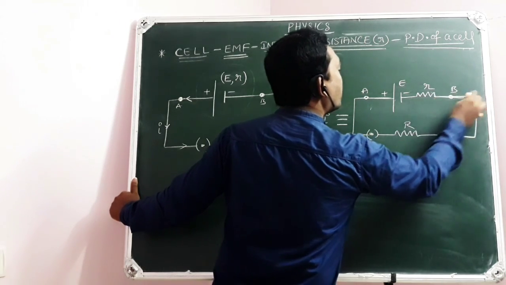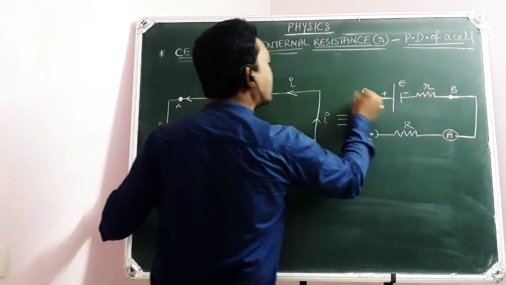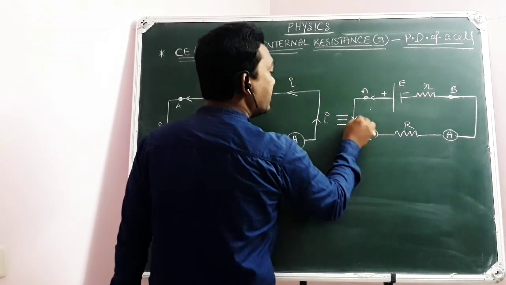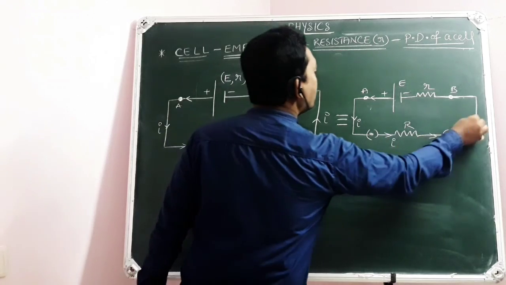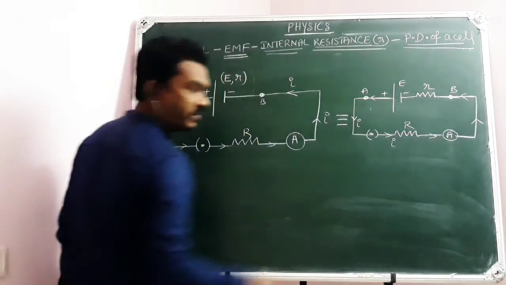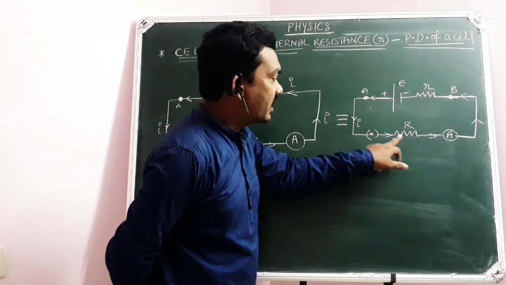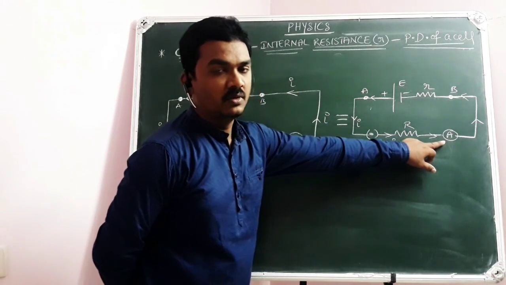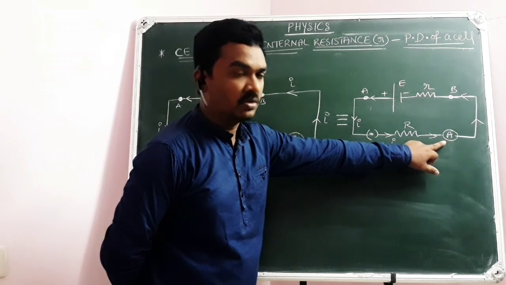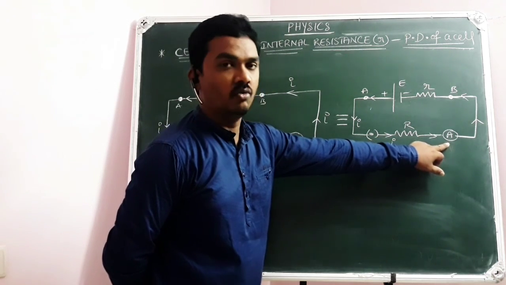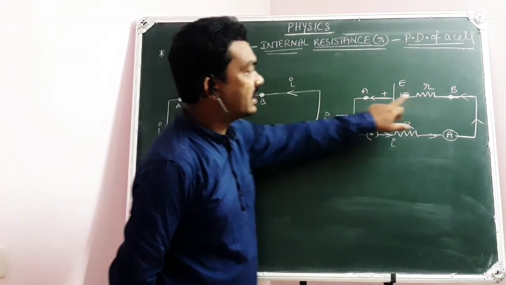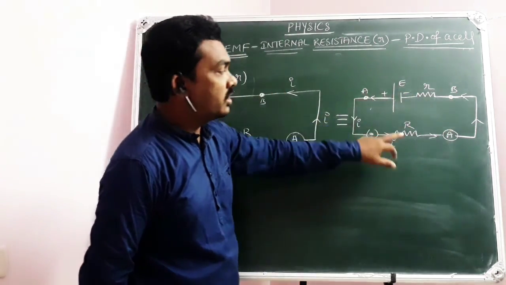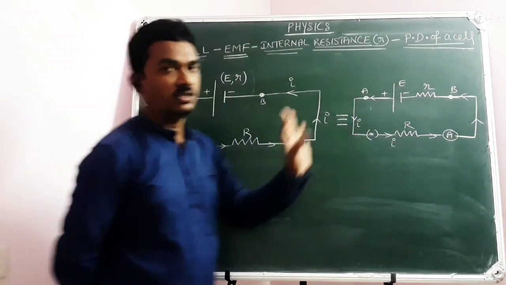Now you are trying to write the potential difference across the terminals of a cell. It means the potential difference between A and B. Of course, that is nothing but the potential difference across the conductor. The reason is, the terminals of the conductor, one is given to A, the other is given to B. No potential drop across the ammeter, because it offers zero resistance. IR equal to 0. So whatever the potential difference across AB is nothing but the potential difference across the terminals of the cell, also equal to the potential difference across the resistor.